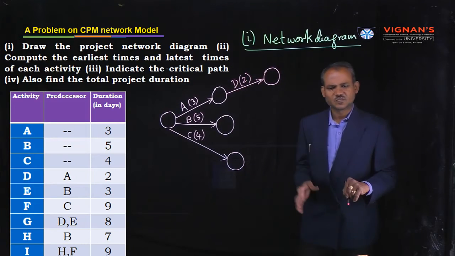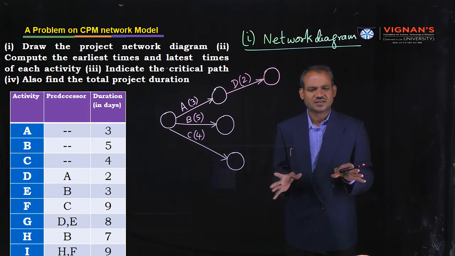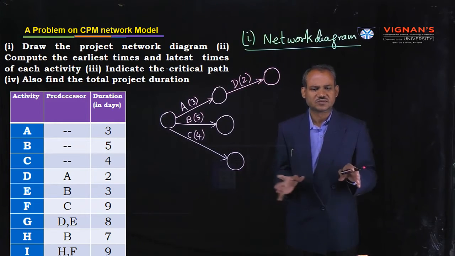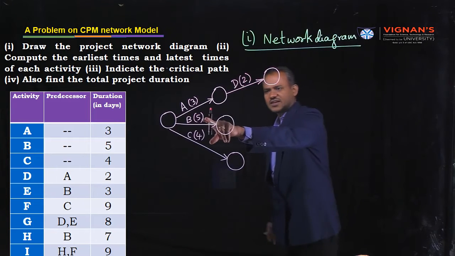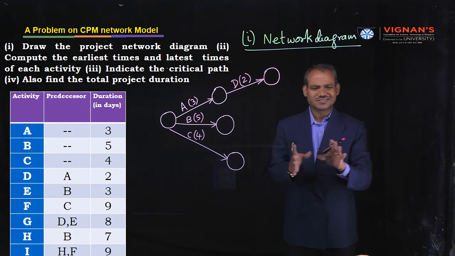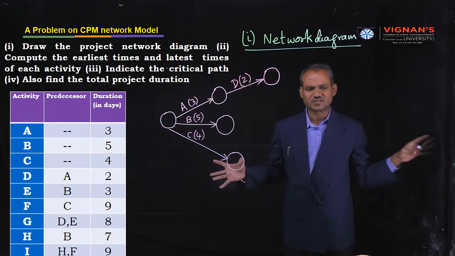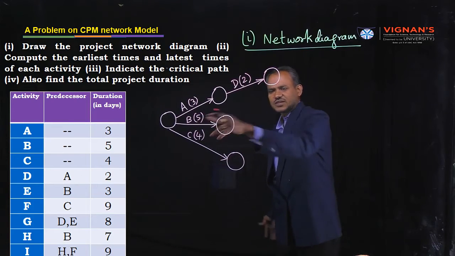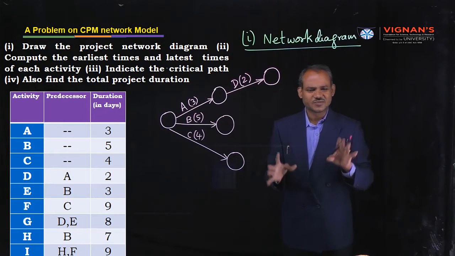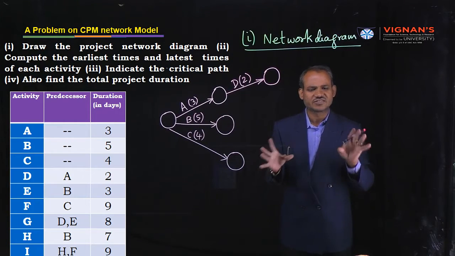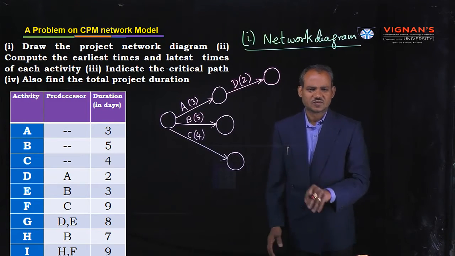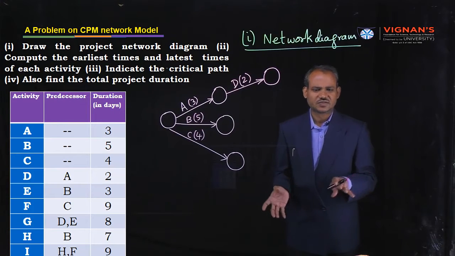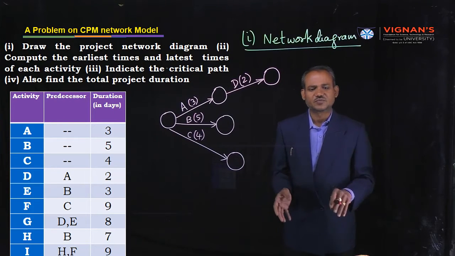Here observe one thing. Arrow should be straight and not bent or curved. Similarly, the length of the arrow has no significance. Here time is 5, but don't think its length should be long. First, correct arrangement of all the activities in logical sequence is important. It does not affect duration. Keep this in mind while drawing network diagrams.